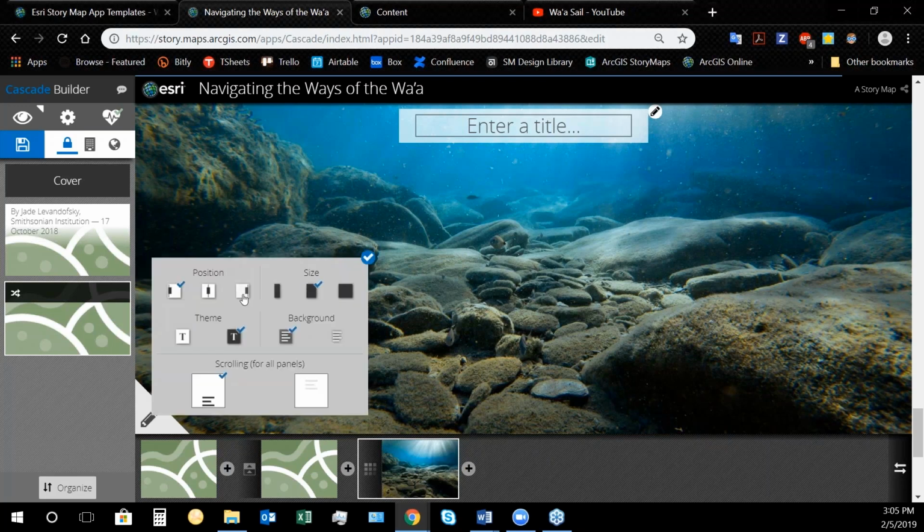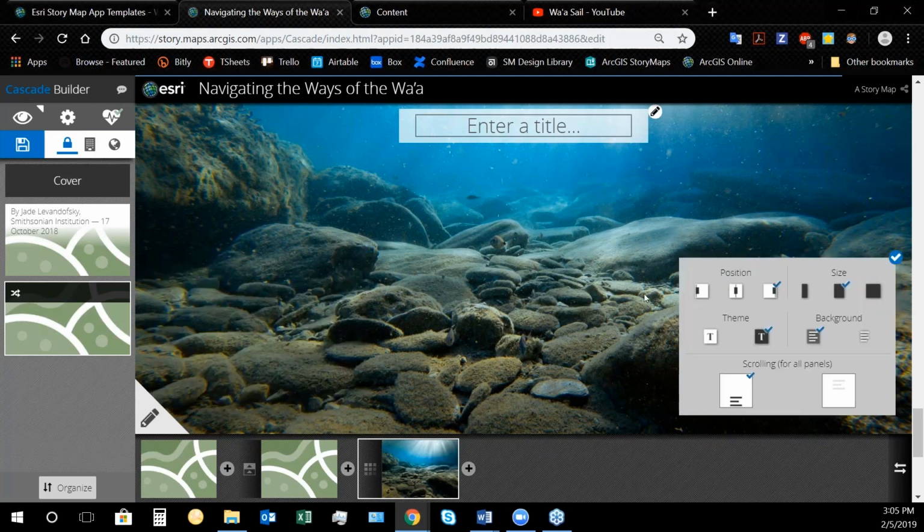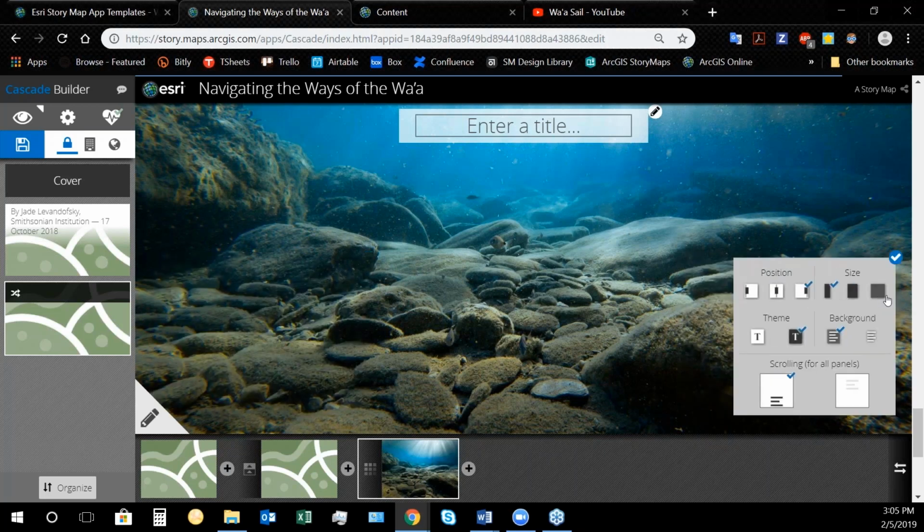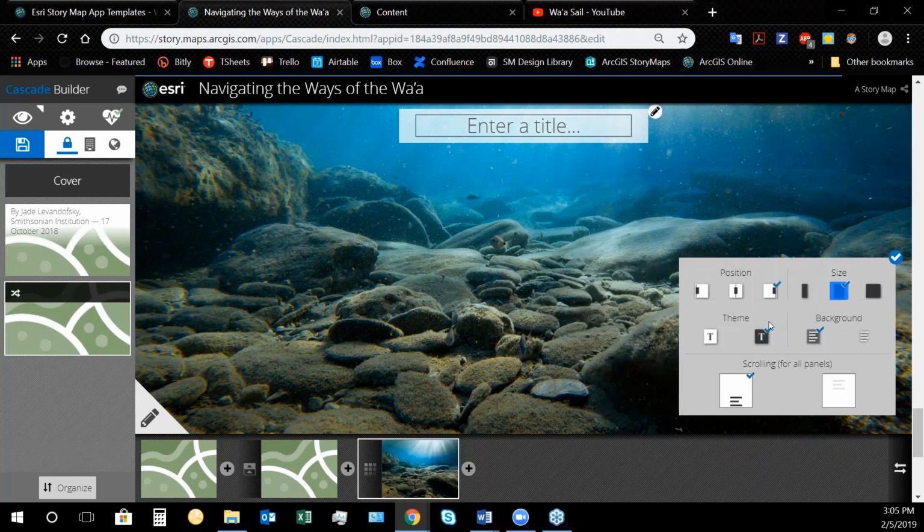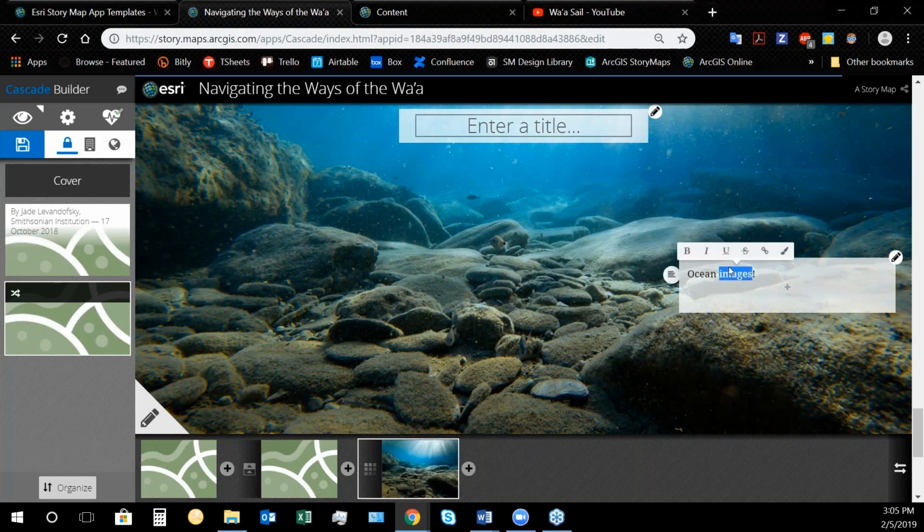You can adjust where this appears on the screen, how big it is, whether it's small or large or medium. You can also change the theme, whether it's light on dark or dark on light, whether it's a transparent background or an opaque background. Opaque is better here. A number of other options. And of course, you have the similar text formatting options that you had earlier in terms of the styling, the color, hyperlinking, as well as paragraph settings.